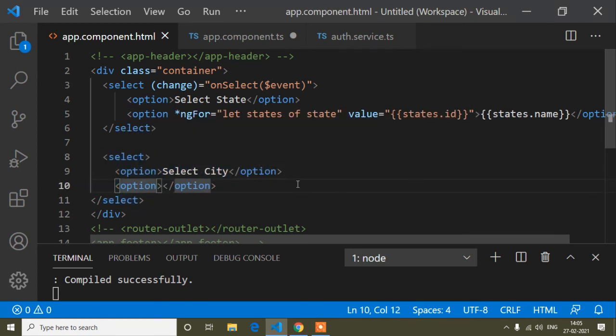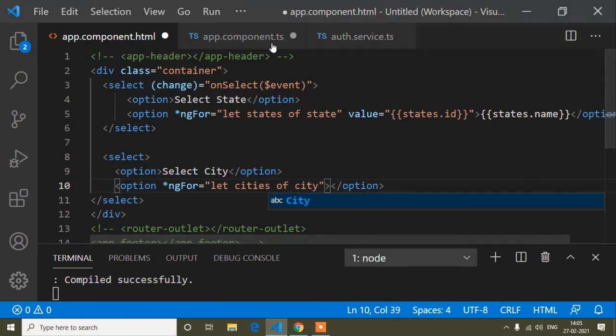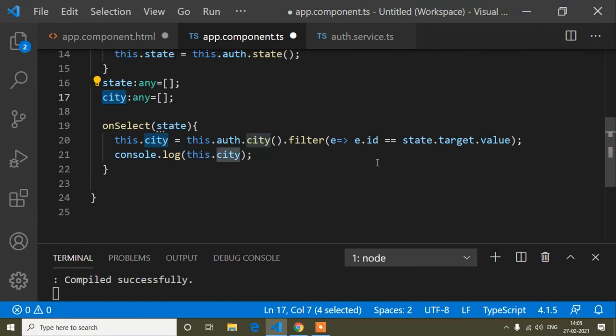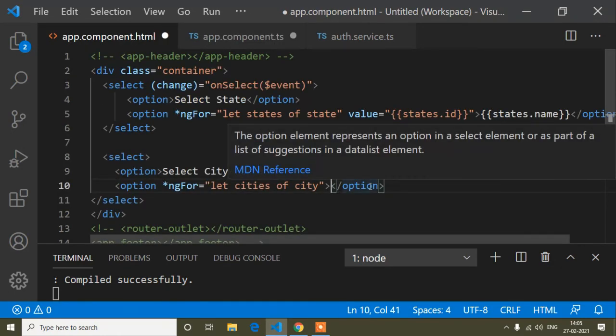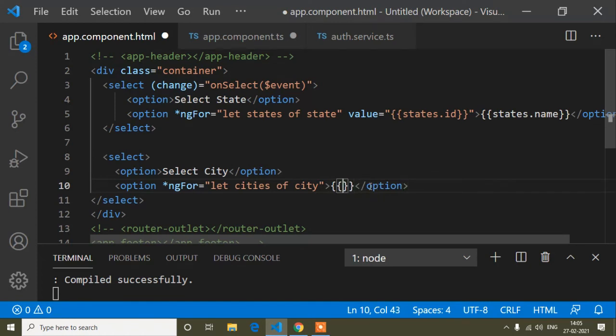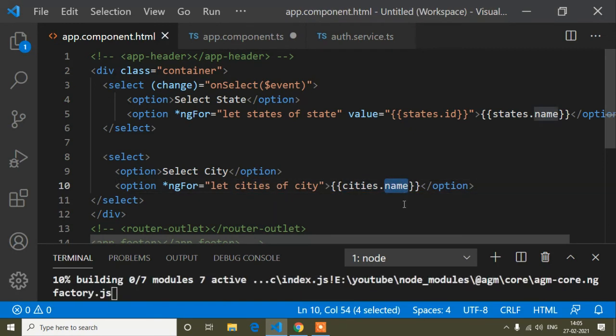Same way here I will write ngFor equals let cities of city, I mean in the city variable I stored our cities. And here I will write cities.name, because I just need to show our city name. Now save,